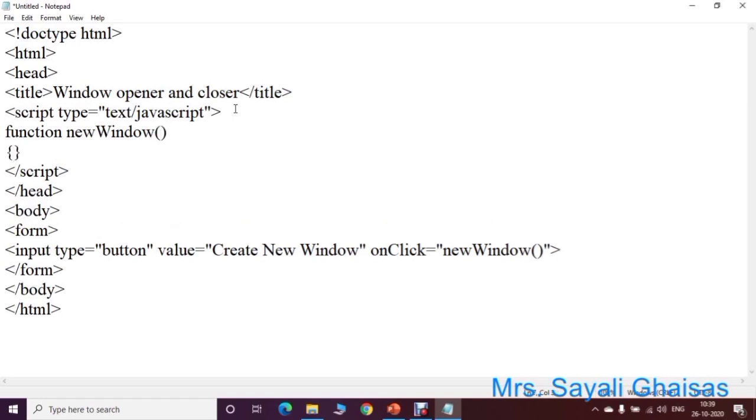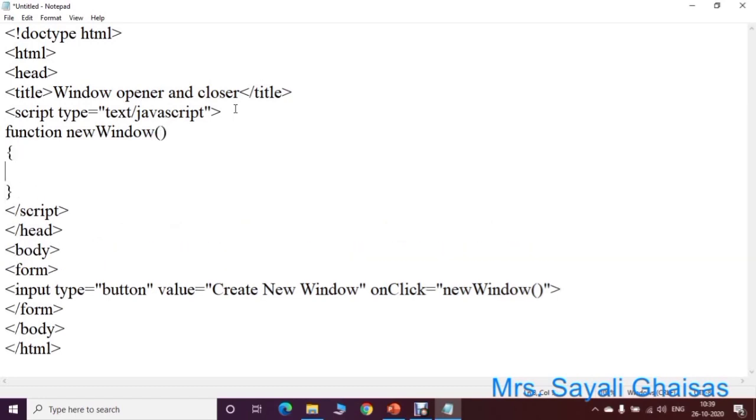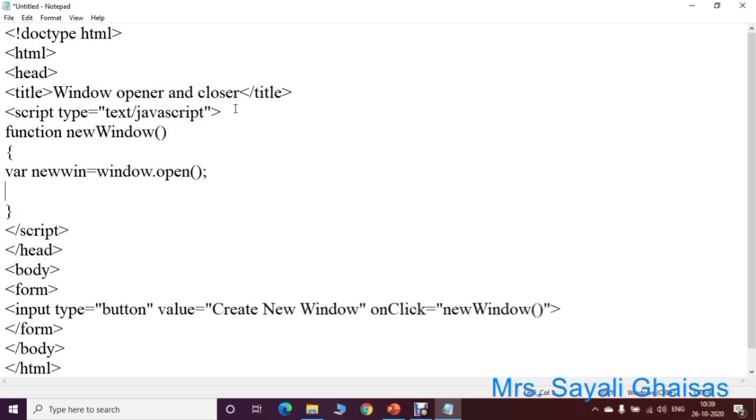Function newWindow, within a curly bracket, open and close. Now add the code. So let us create one variable, suppose var newWin is equal to window dot open. So that is to open a new window. Now let us write a content within that window. So to write a content, use again this variable newWin dot.